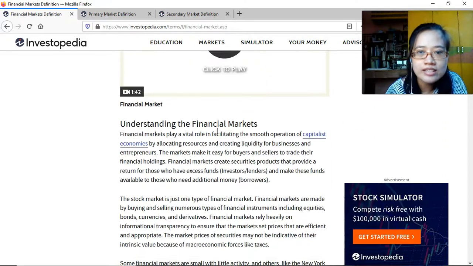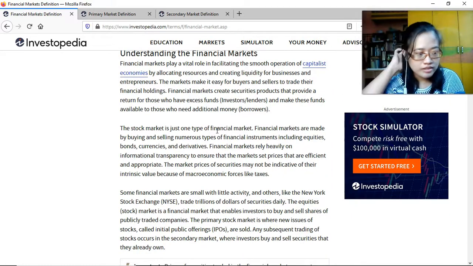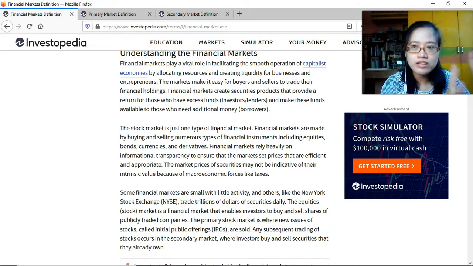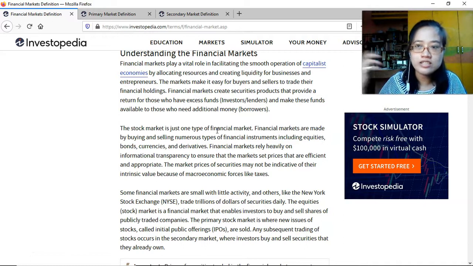Okay. Why is it important? Essentially, in a financial system, we have people who have the money, who have excess money, like the people who save in the bank, the depositors, and then we also have the investors who have excess money. These go to the financial intermediaries. It could be banks or non-bank financial institutions, and it could also be financial markets, right? And then those people who would need those funds would come in to the financial intermediaries to get that money and use them for further economic activities like operating their businesses, expanding their businesses, or anything that would stimulate economic